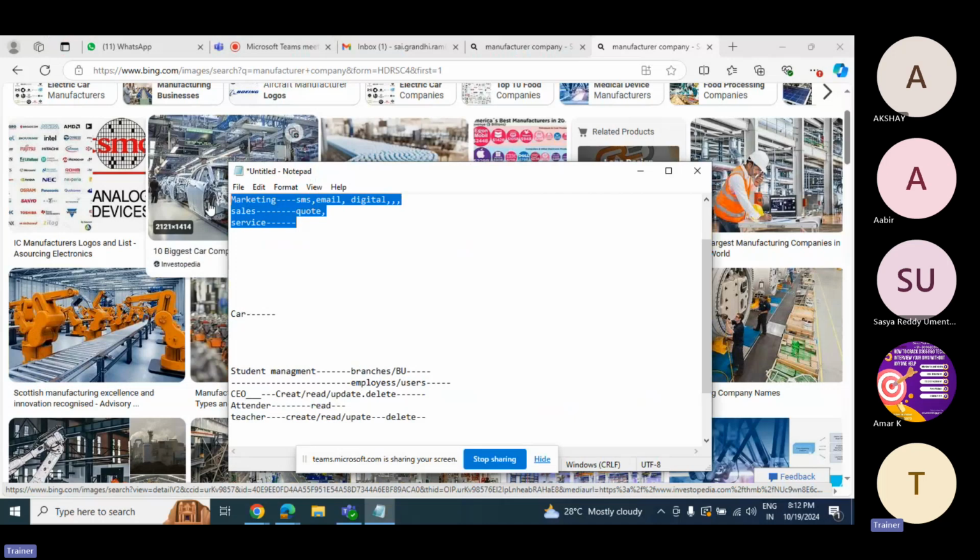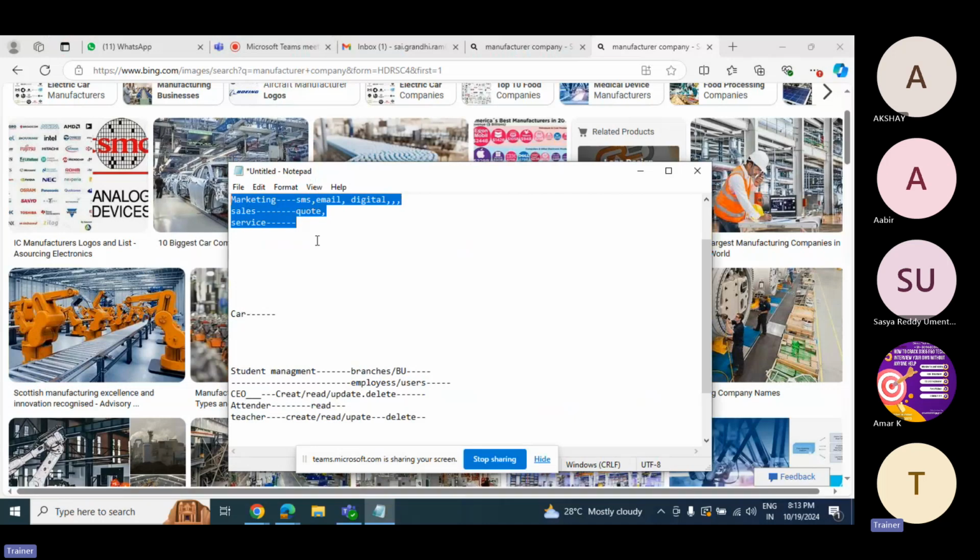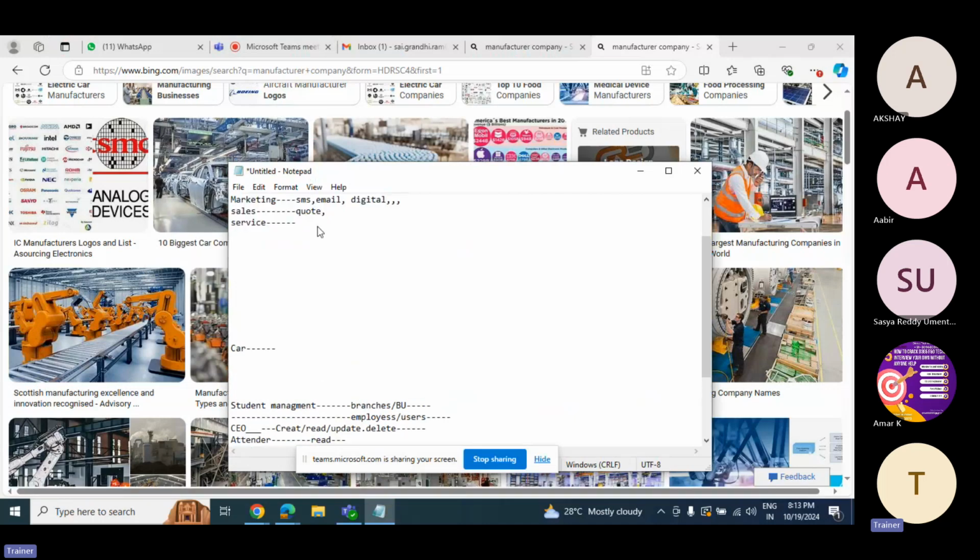Now, as a CEO of the company, I want to track manufacturing team activities, sales team activities, service team activities across all the branches. So how can I track? If we want to track all the branch teams' activities in one central place, we need one centralized database or one centralized application. That application is called a CRM application,